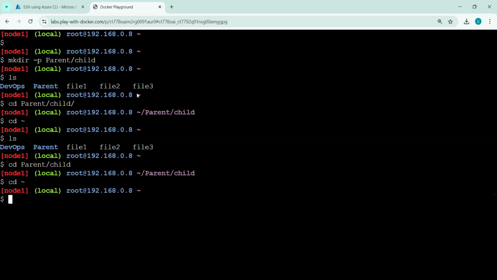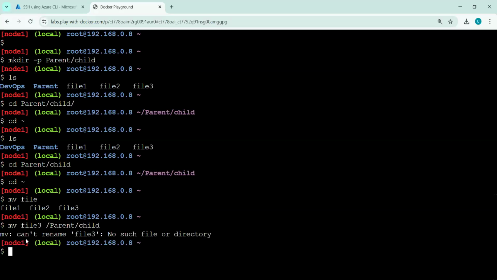Okay. So here, this is file 3, and we want to move this file into this parent child directory. So how can we do that? Simple command: mv, type file 3, and then give this path, and it will get moved to the directory. Copy with Control Insert, Shift Insert will paste, and press enter.